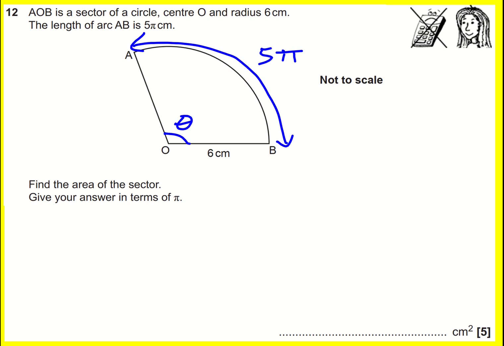So what can I do? I want to work out the area. To work out the area, I'm going to need theta, so I'm going to need to do a calculation first. The arc length is equal to,